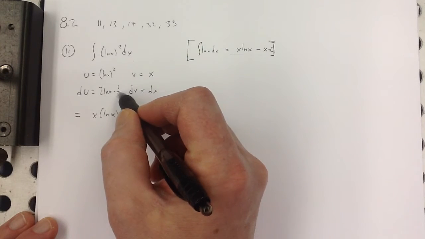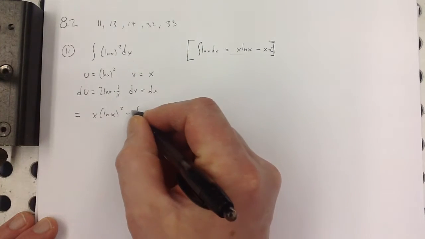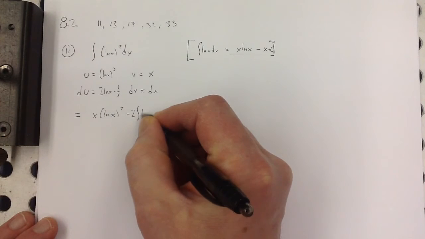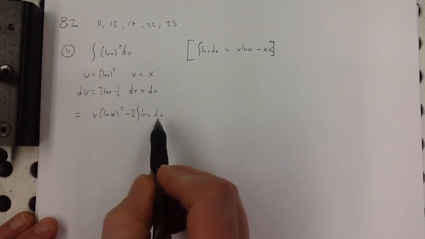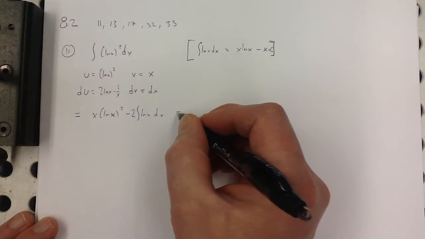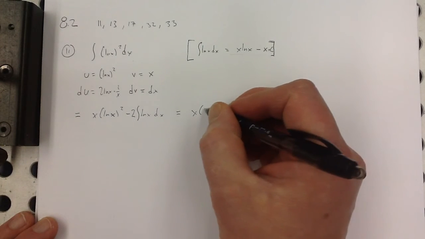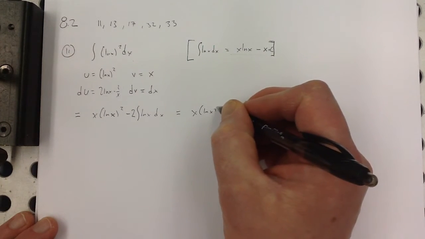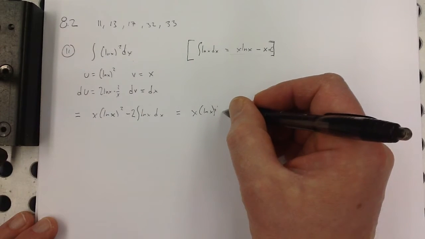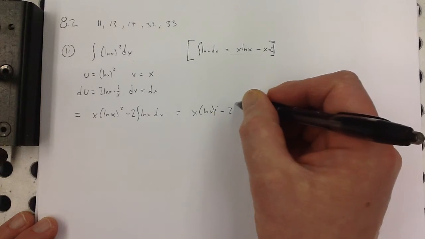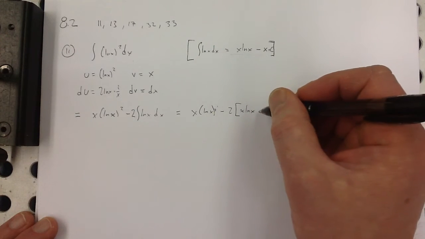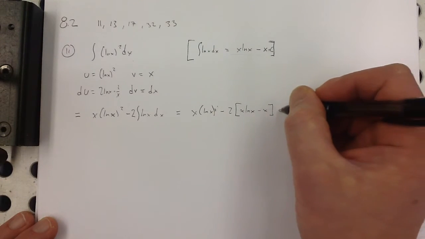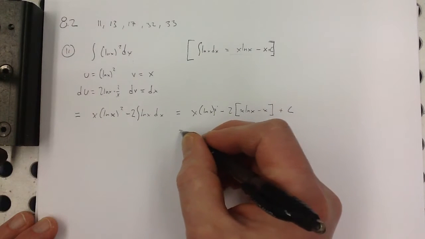The x and the 1 over x cancel, and I have a 2, a constant, which I put outside, natural log x dx. I know this antiderivative. That's equal to x times the natural log of x squared minus 2 times the quantity x natural log x minus x plus c,